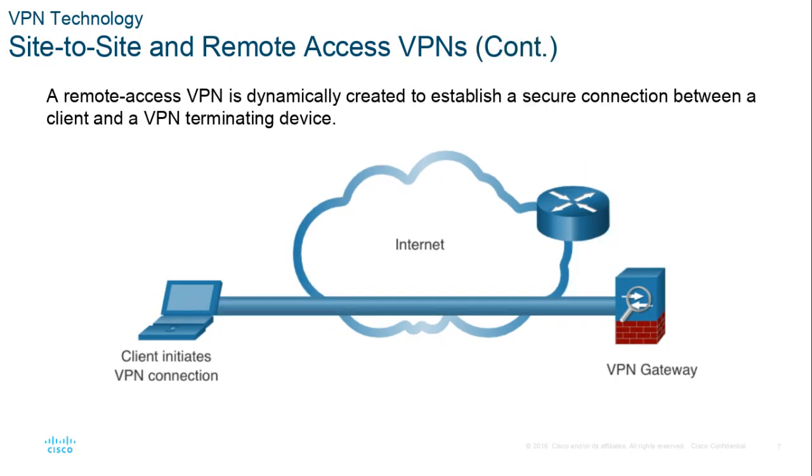Okay, now let's say the salesperson is dialing in from a hotel or something where it's not his home router. So he could put the VPN software, like Cisco Easy VPN, a software product that installs on a laptop, and then you can dial into a Cisco-based VPN router gateway that's present at the home office. And you'll be able to get into the home office and see that secret marketing plan you wanted to get